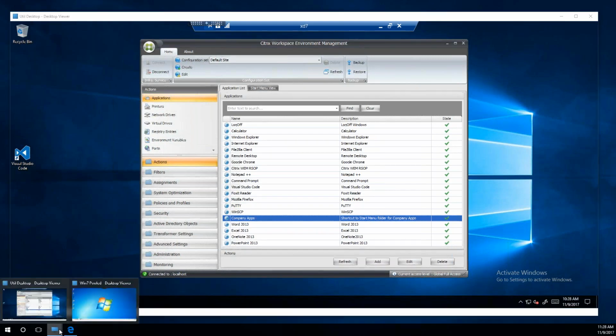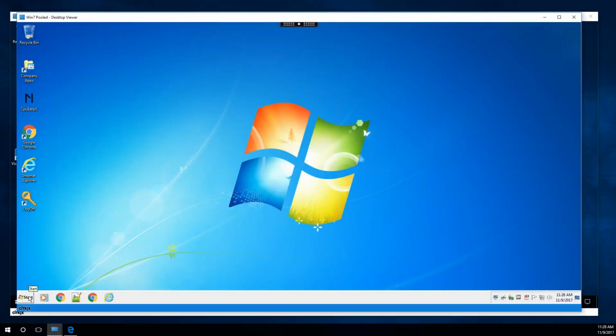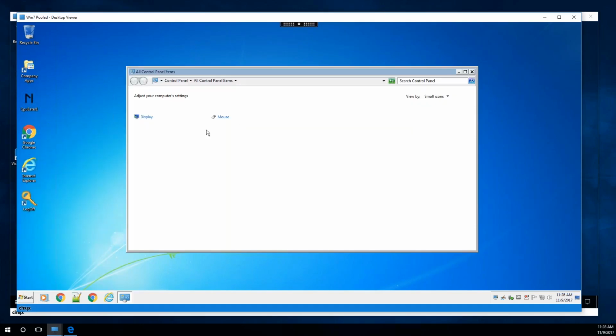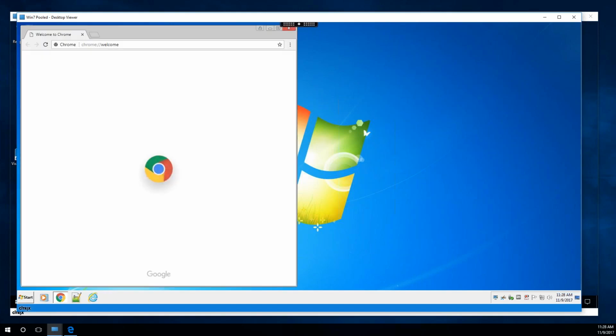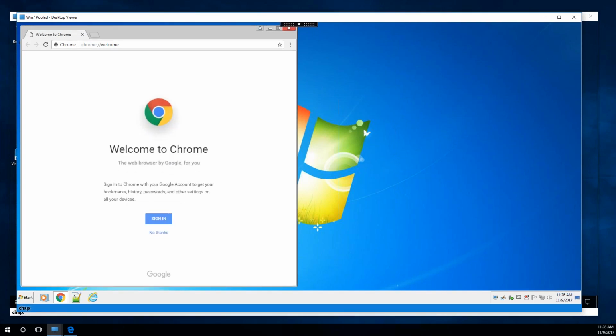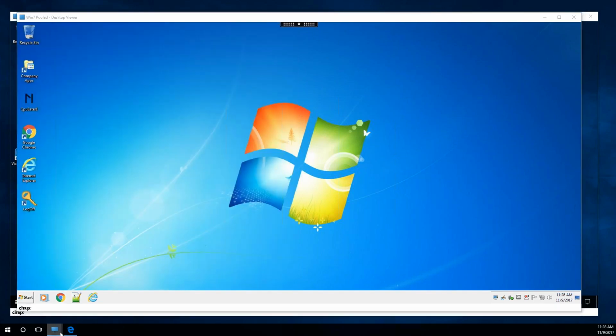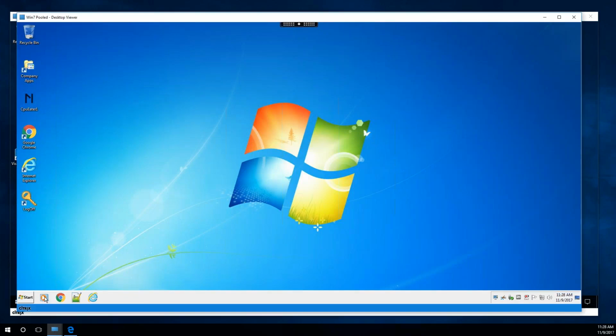As far as the other settings in here, it's just all standard stuff. And hide the control panel, set it up the way you want it to. You want to lock it down to the point but not affect the user's experience. So they still need to be able to run everything. They still need to be able to save all their applications. Still need to be able to save all their data. The one key thing that I always find at every place I go is everyone wants to disable the run.